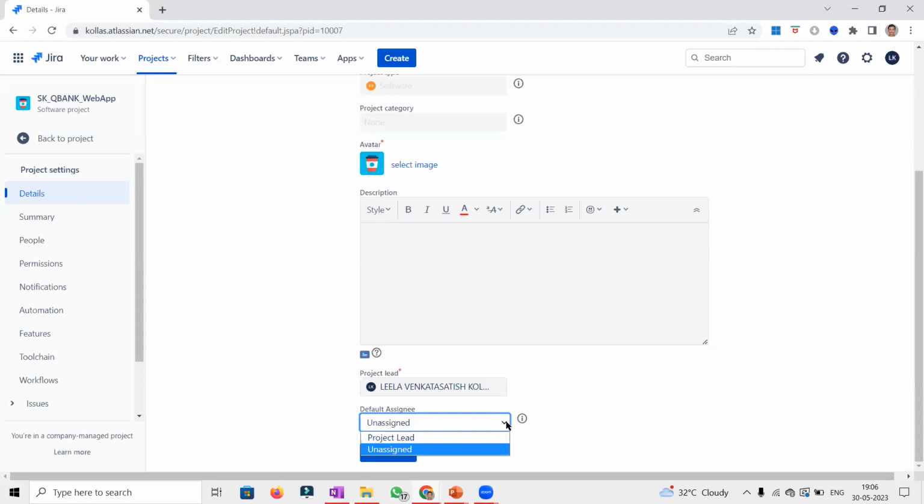Okay, so this is a starting point we can make use of. Right now in the project we have only two options: project lead or unassigned. We don't have an individual user-wise or team member-wise assignee here. We have only one option: either choose unassigned or project lead. The project lead here right now, because I'm the one who created it, is showing my name, but we can choose whoever is